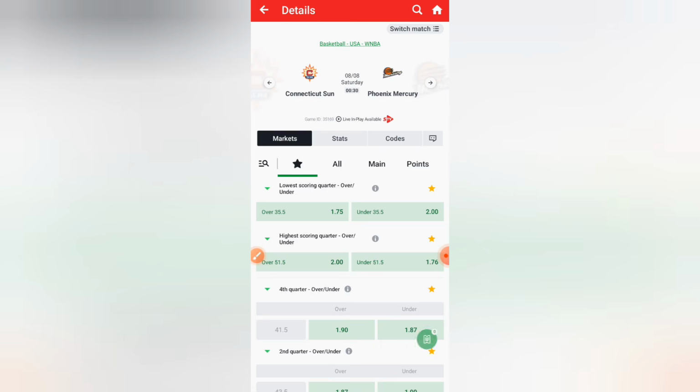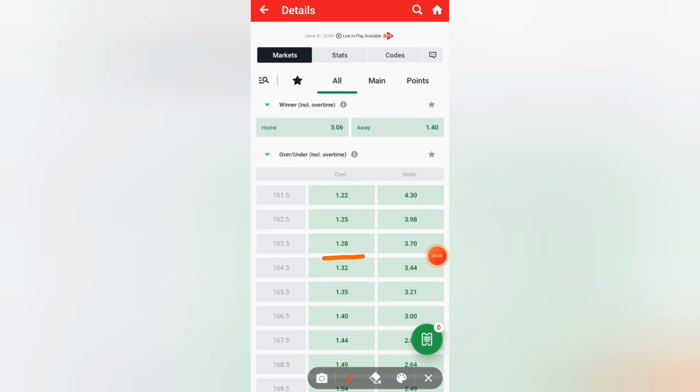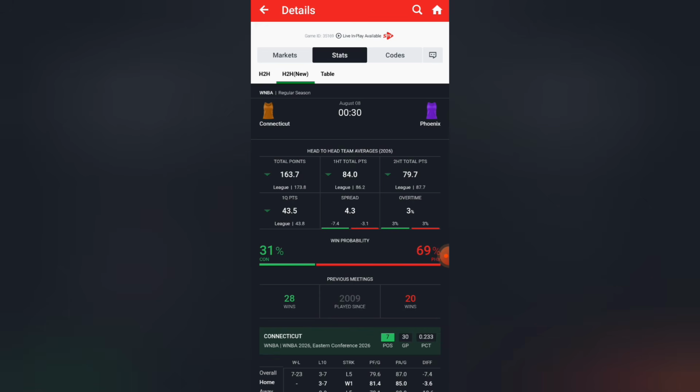And most times, the bookmakers will not provide you the 163 unless they know that the two teams involved happen to be teams that don't usually play over point. So we are able to get this easily. You can see we still have extra line behind 163. We are able to get this because the bookmakers know that these two teams' average point is not as good. The average point is actually lower than the league average point.